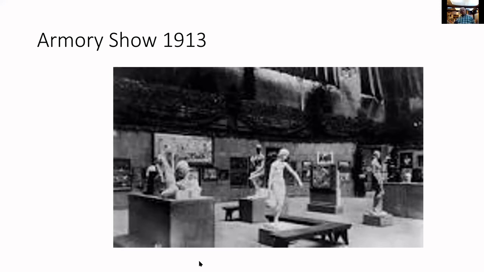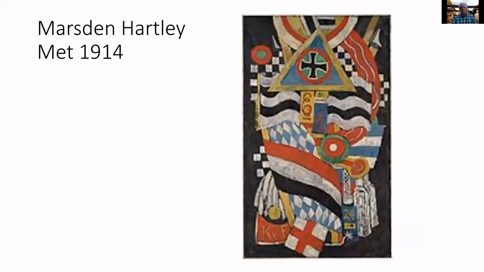Two-thirds of the art in the show was actually by American artists, and the show was organized to promote American modern art. But almost all of the sales went to the European art, which was the other third of the show. Americans sold hardly anything. So in a way it was very disappointing, but it was a watershed event because it was the first time Americans had been able to see most of these European modernists. He gets to know Marsden Hartley, an American painter who works in Germany.